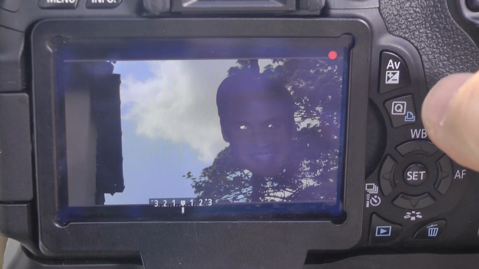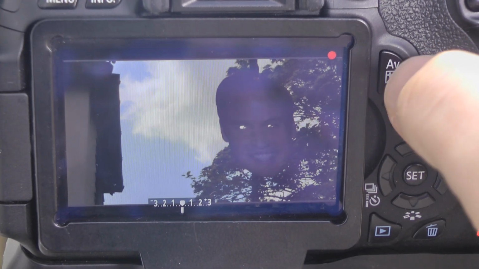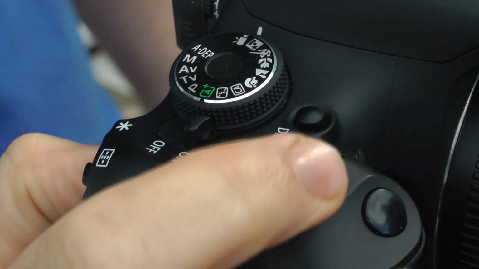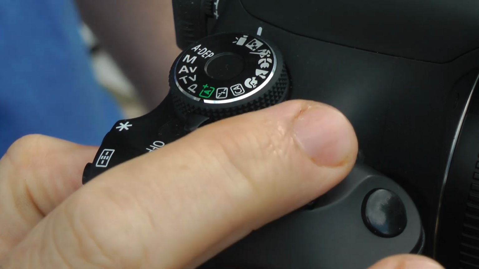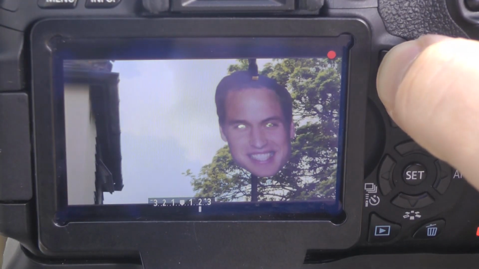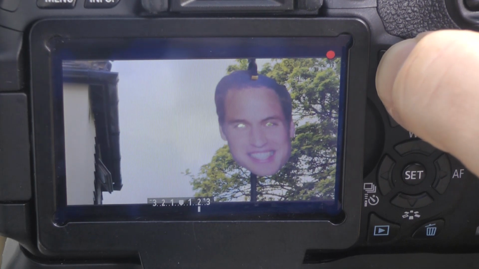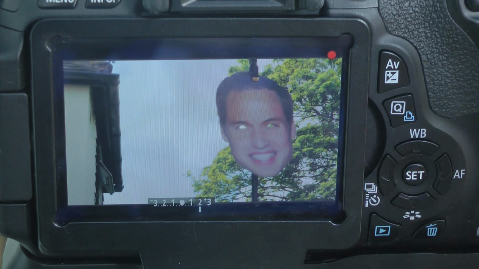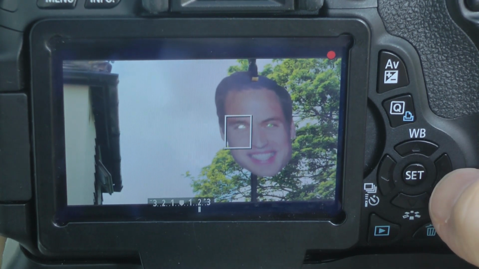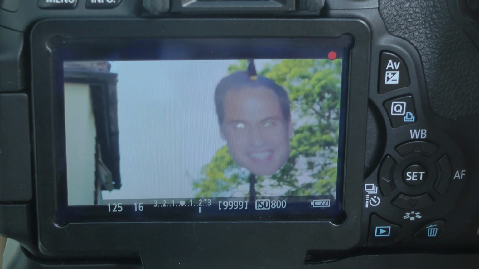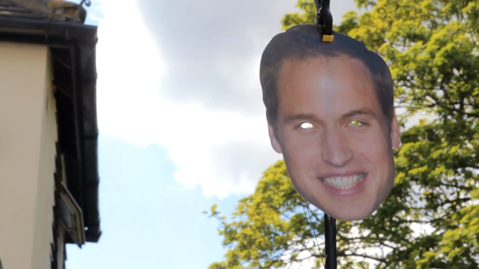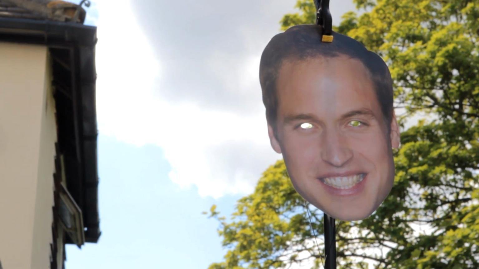And what you can do here, if you press the AV button here and then turn the ring, you'll see you can actually increase the exposure. It's going up there, so that now the face there at least is better exposed. And I just need to focus that in a bit. Let's move that in there. Okay, so you can see there now the exposure has gone up, and just beware of that,